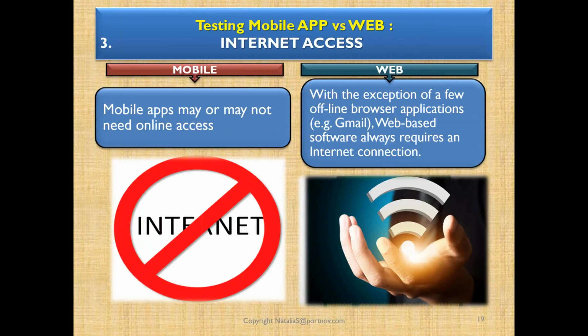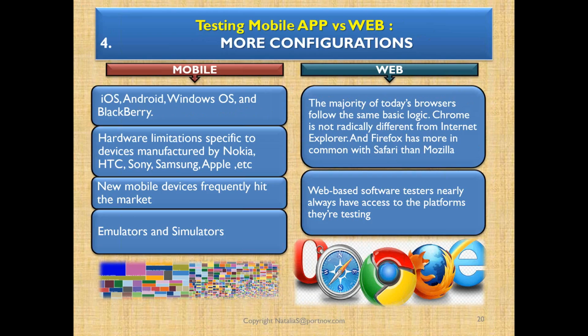Okay, and the internet access. So mobile apps may or may not need online access. Some of the applications are not requiring it. But with web, it's just a small fraction, like Gmail. Web-based software always requires internet connections. Then we have